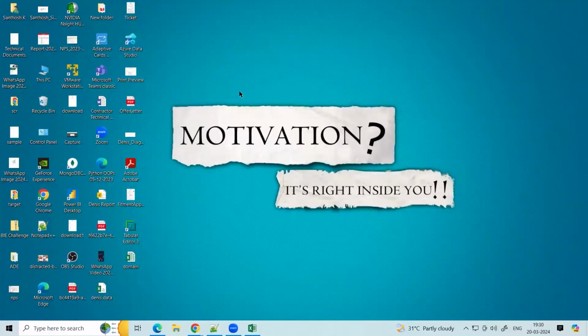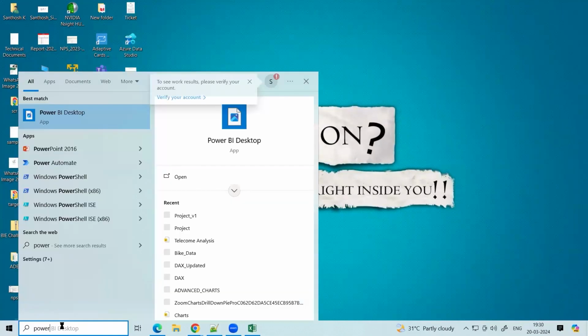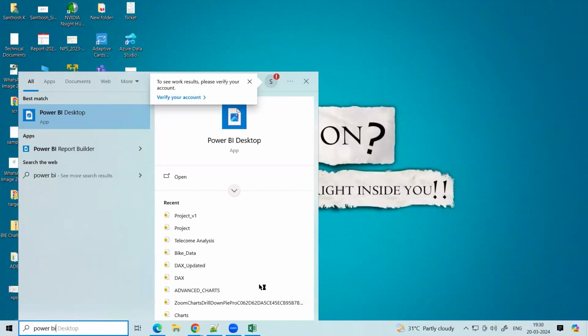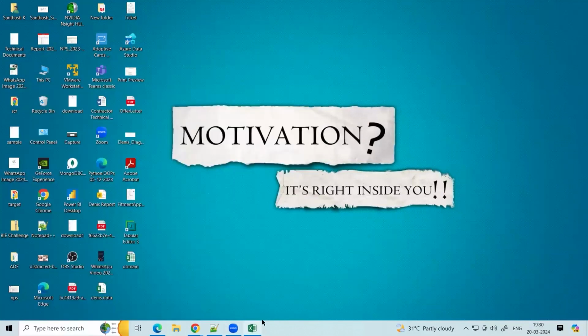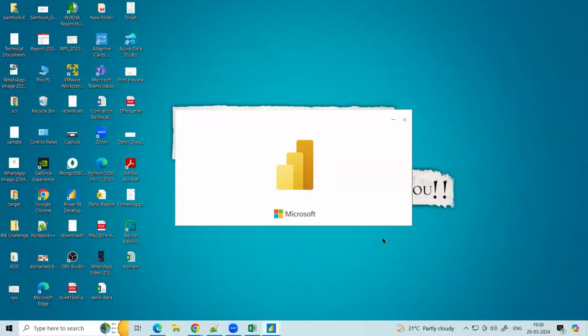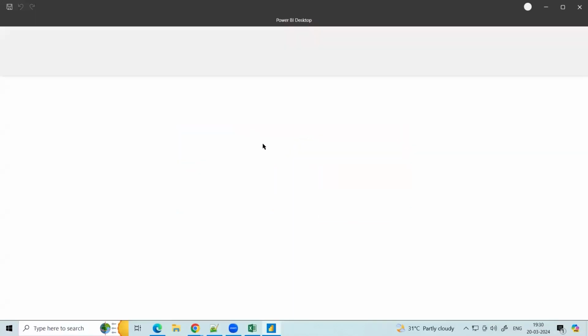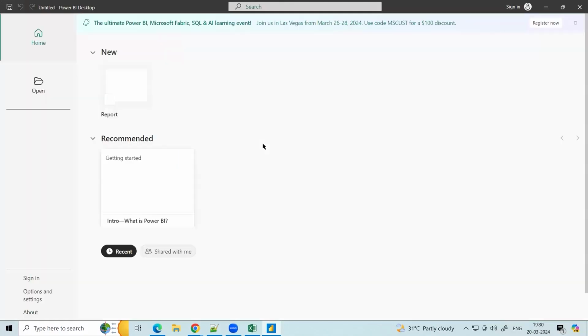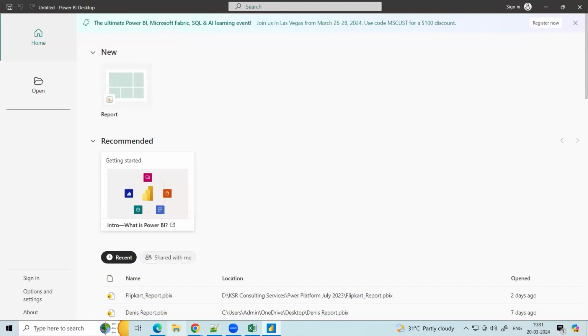Remember the day, 20th March, we are going to do the first chart in Power BI. First, I'll open the Power BI desktop, a software that gets opened here. This is Power BI desktop. Once you open this Power BI desktop, in the Power BI desktop,